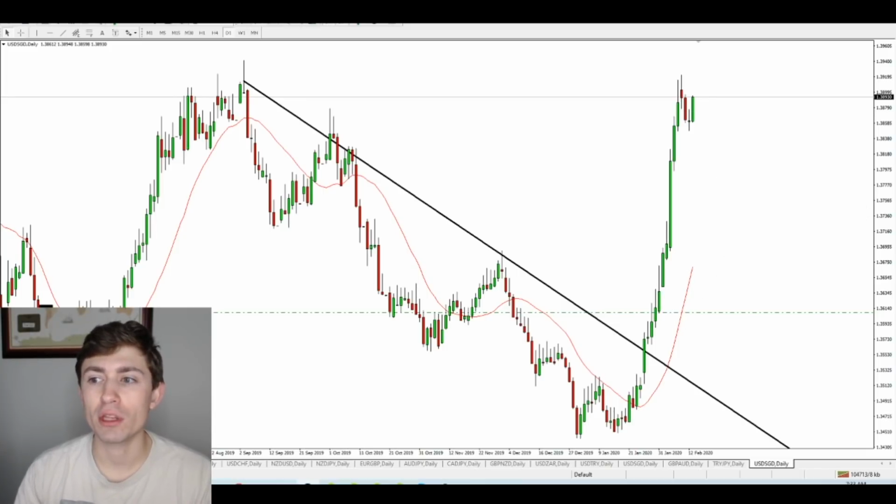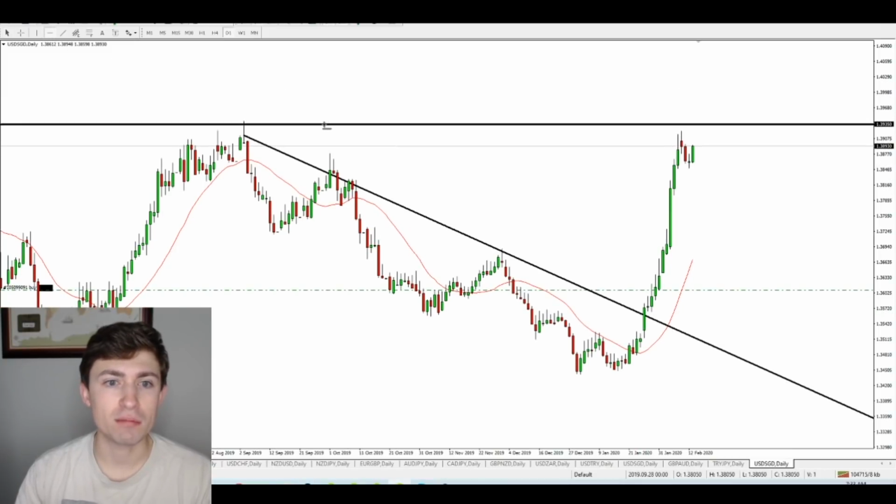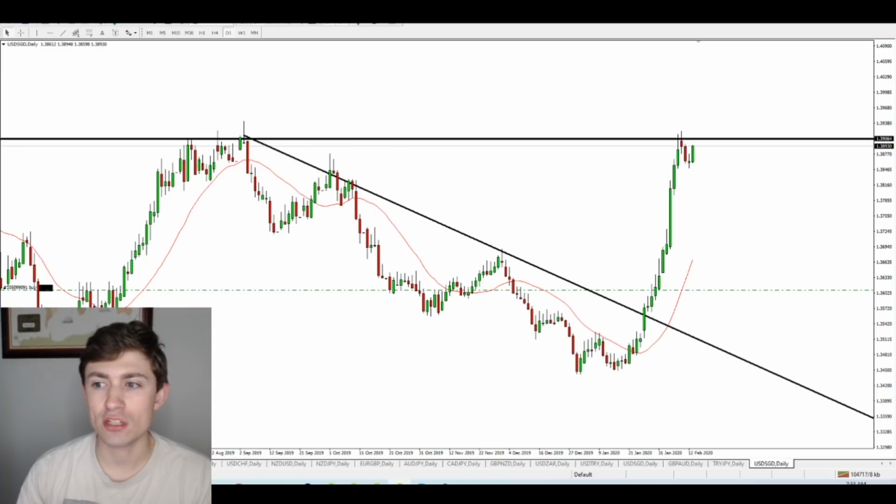Let me tell you what I'm really looking to see if USD SGD can do. Again, we identified this major level of resistance where price just recently tagged, right? We found resistance and price pulled back. What I'm looking to see happen, if we want to continue this bullish trend, is I would like to see that resistance point